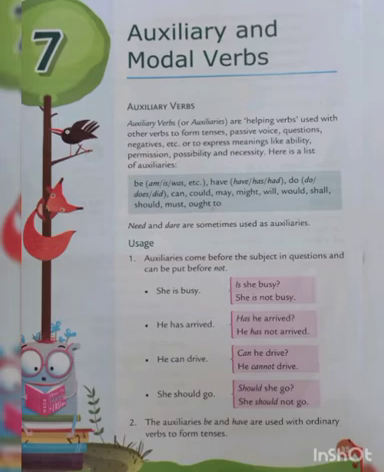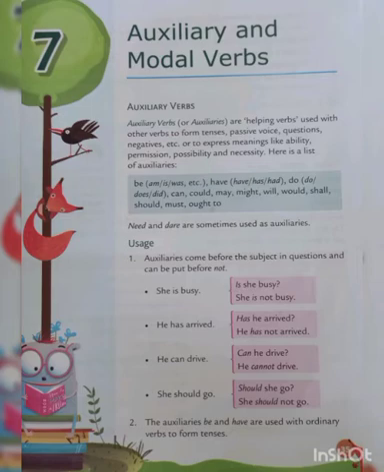Understood? Next example, he has arrived. Has he arrived? Again the auxiliary verb is has and it comes before the subject he. In negative: he has not arrived. Next, he can drive. Can he drive? He cannot drive. She should go. Should she go? She should not go. Understood? These are the uses I am telling you. So the first use is: